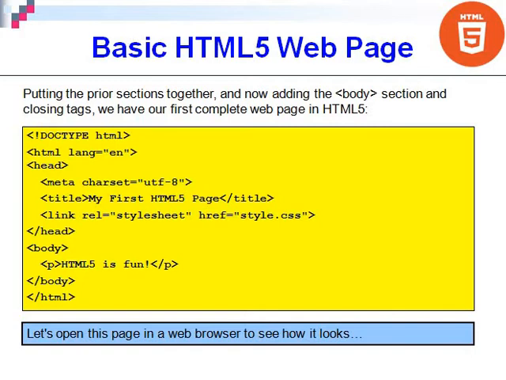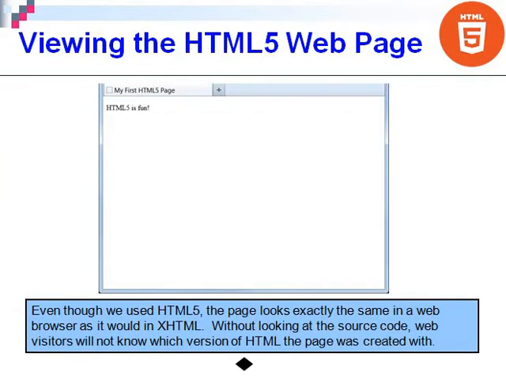A style sheet is attached. The name of the style sheet is style.css. Then the body part contains a paragraph, HTML5 is fun, the body is closed, and the HTML tag is closed. This is a simple view of the corresponding document. And even though we are using HTML4 as well as HTML5, the look is almost the same.